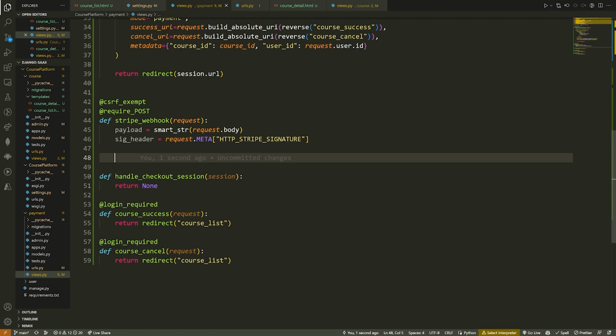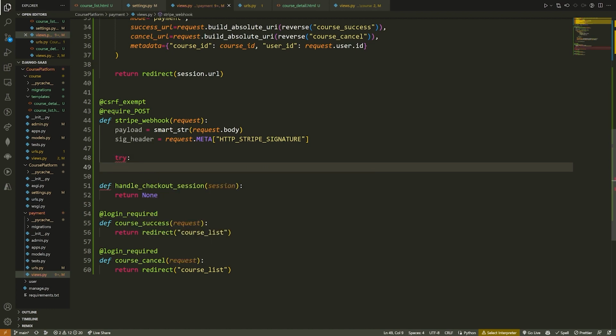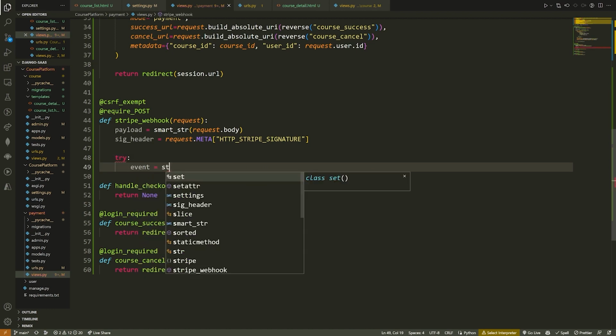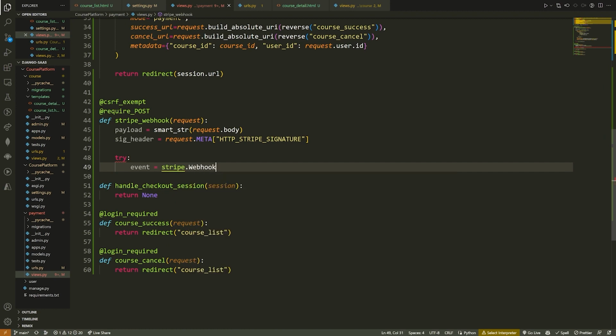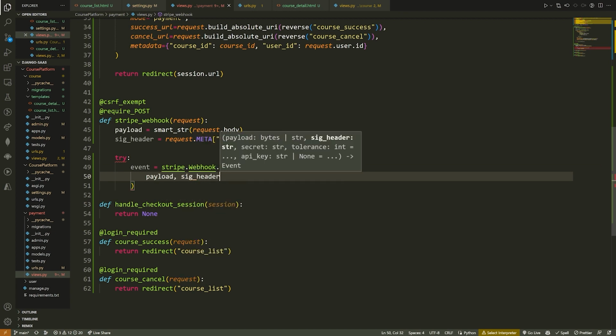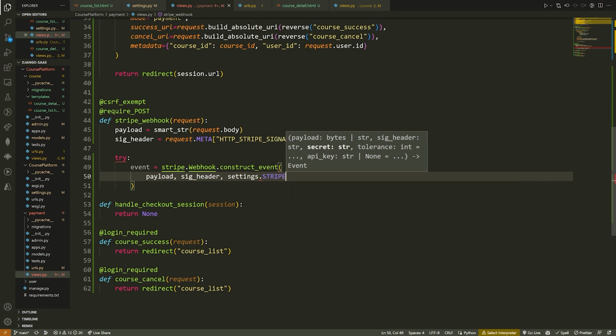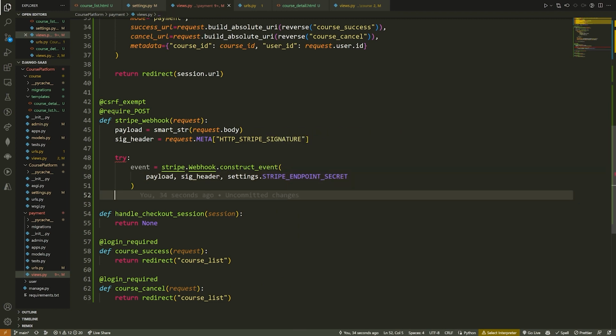Hence why we're going to have all this kind of weird stuff that you see. So I'm going to have a try. Inside of the try, I'm going to say my event is equal to Stripe.webhook.construct event, and the event is going to be payload, the sig header, and then settings.STRIPE_ENDPOINT_SECRET. So the way this is kind of going to work is we're going to store an endpoint secret